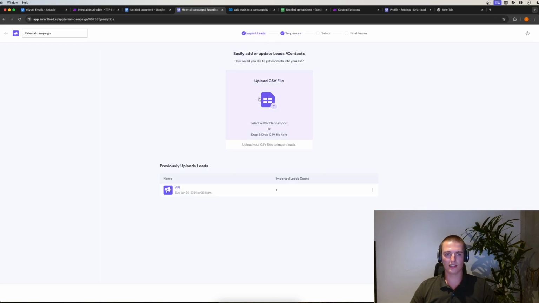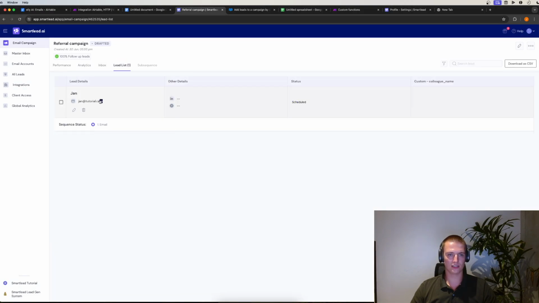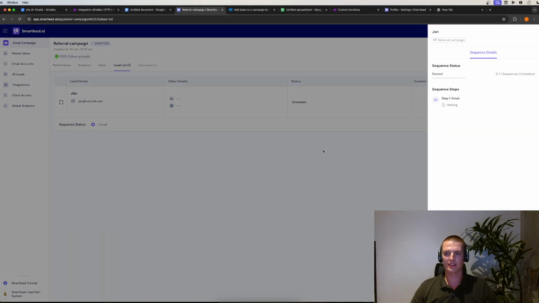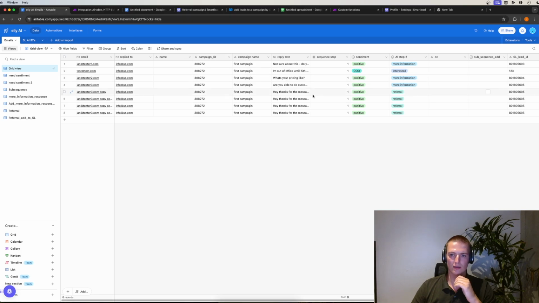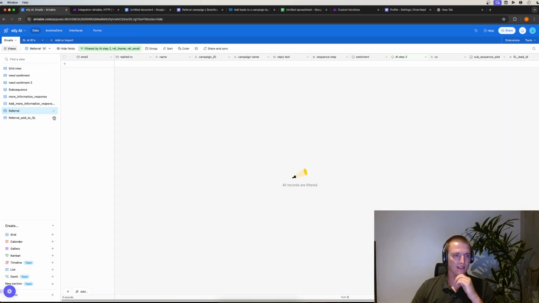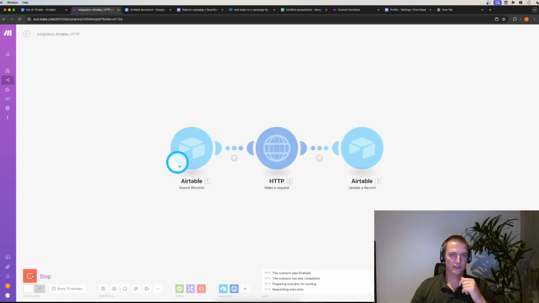So if we go to import leads now, we can see API imported 1 lead. And then if I just click out of this and I go to lead list, we can see Jan add tutorial, and I can see custom colleague name is actually empty because that was not filled out in this field. But now if we do it again, let's fill it out here. So this is Peter, that's my colleague, and this is Pete. Then if we run it